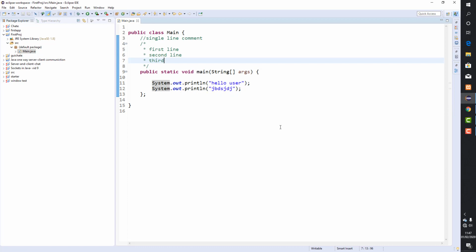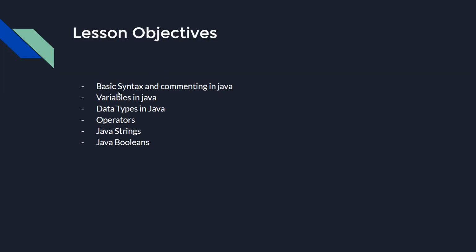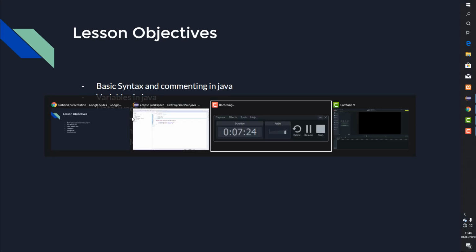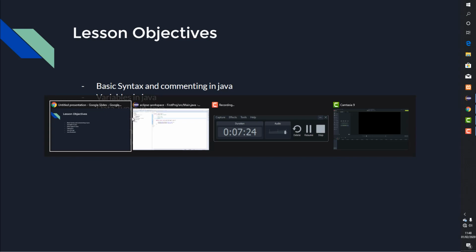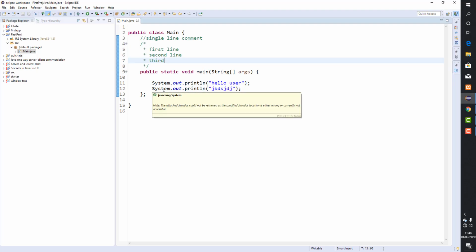Okay, so if we go back and look at the lesson objectives, the third thing is looking at the data types in Java. I'm just going to go back to the program. At the moment, we are going to be looking at